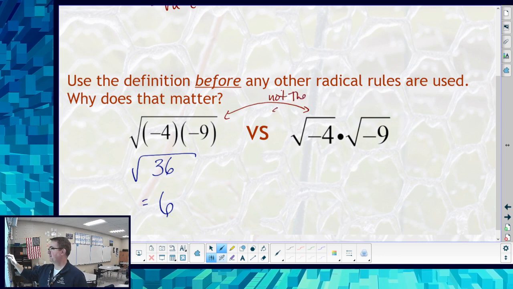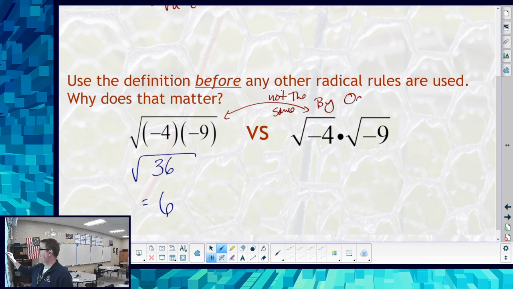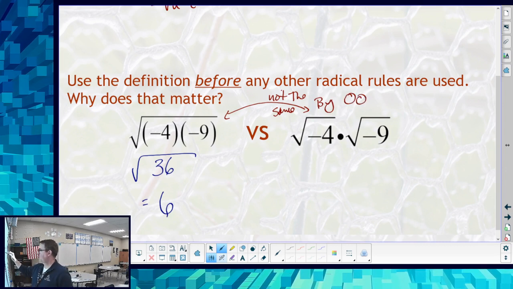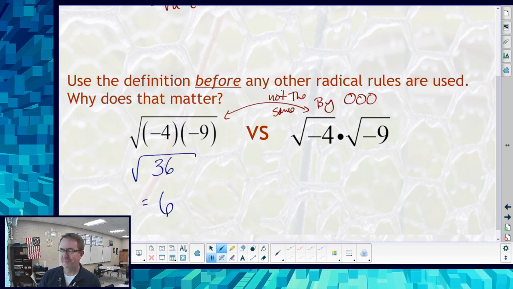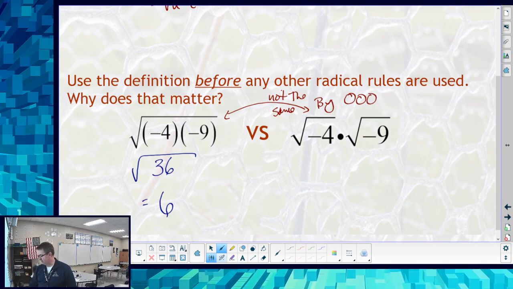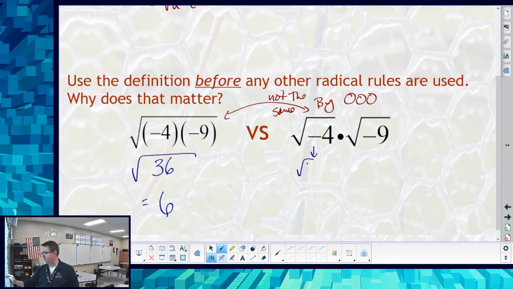Because you have to, because of order of operations. Yeah, okay, triple O squared, by the order of operations. So what we need to do here is break this down into, and again, this is going